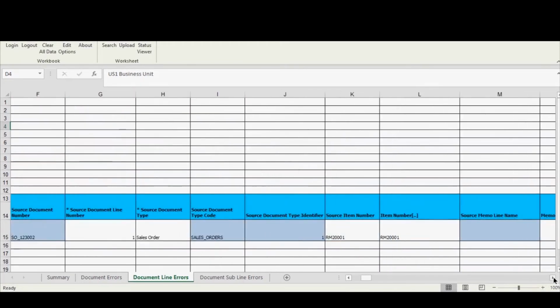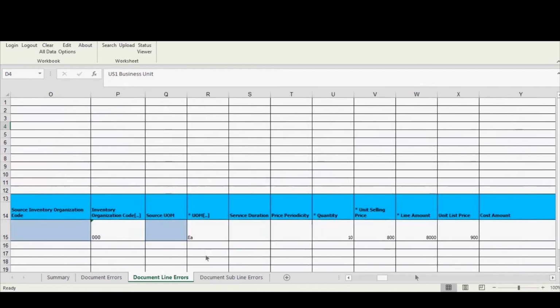So we need to go to that column which is called UOM code. So here we can see this is the column UOM. So it says EA. So EA is the value which we provided, and we thought that this is the correct value based on the item configuration, but it says it is not the correct value. Okay,